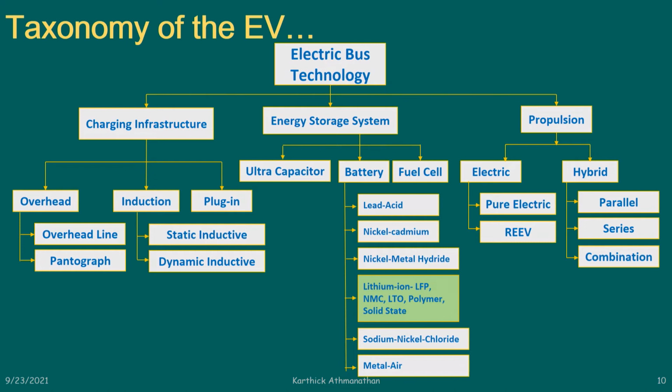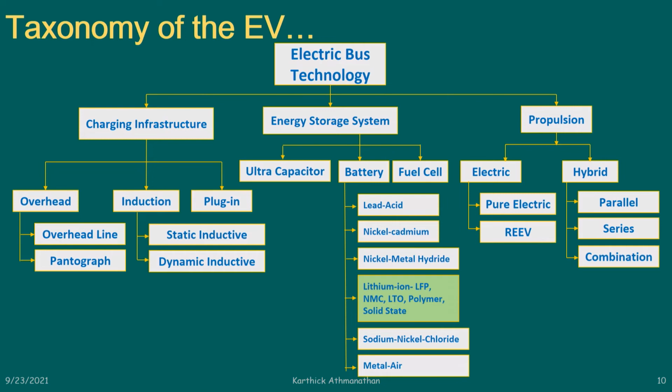Metal air batteries are evolving. In fact, IIT Madras is doing quite a lot of research here. There are, I think, 3 or 4 streams which are actually working on this. Very, very promising technology. You have fuel cells which use hydrogen as a storage, and you process hydrogen to get water. And you have ultra capacitors. Ultra capacitors are basically very fast charging batteries, but they cannot store much energy. They are very big. The energy density is very low.